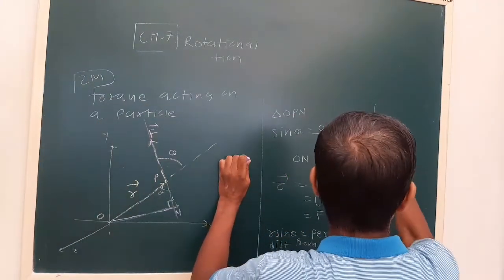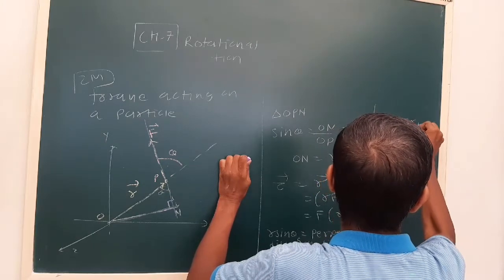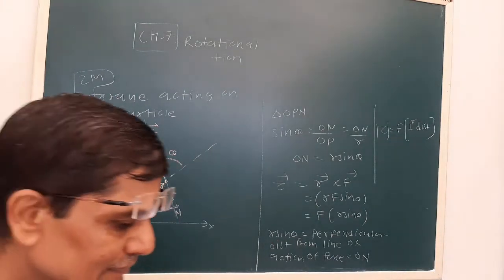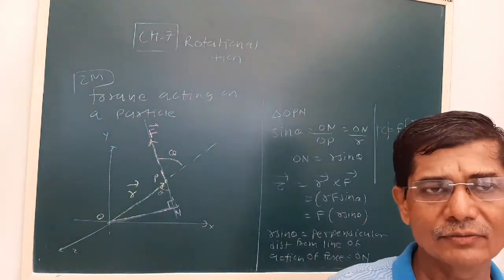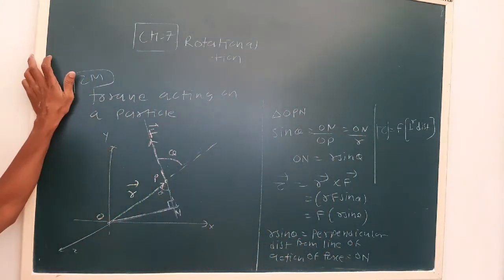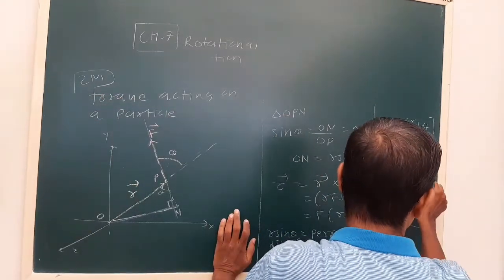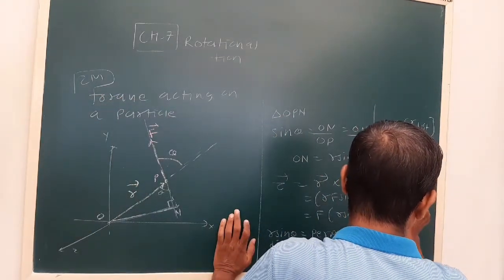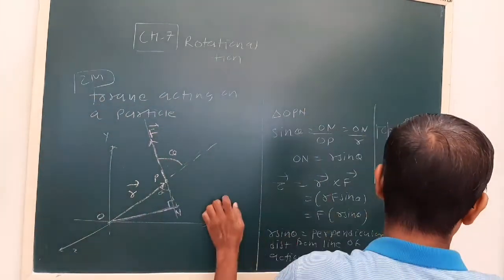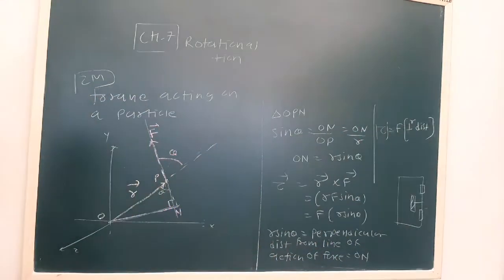So torque is force into perpendicular distance. So in torque it is important in which direction force acts. Now suppose R and F are in the same direction, theta is 0, torque is not produced. For example, again come back to the example of a door. Now this is our hinge, or a handle. See what happens, the handle is here. Naturally you can see that you will require more force.